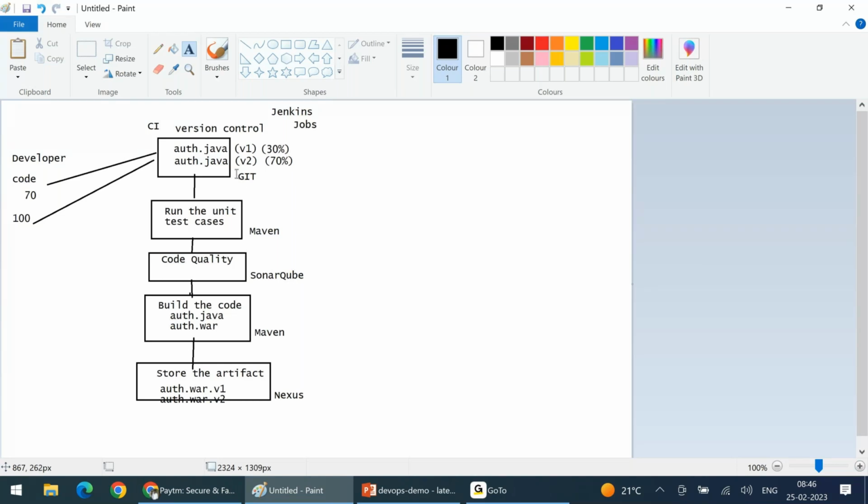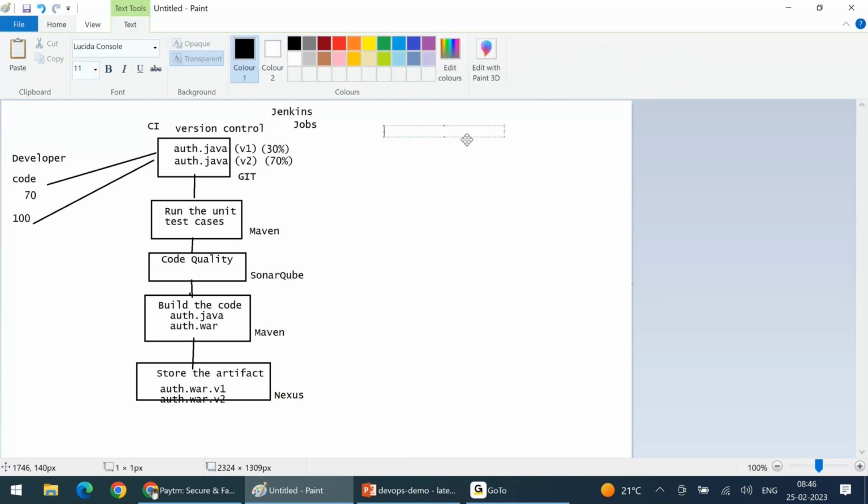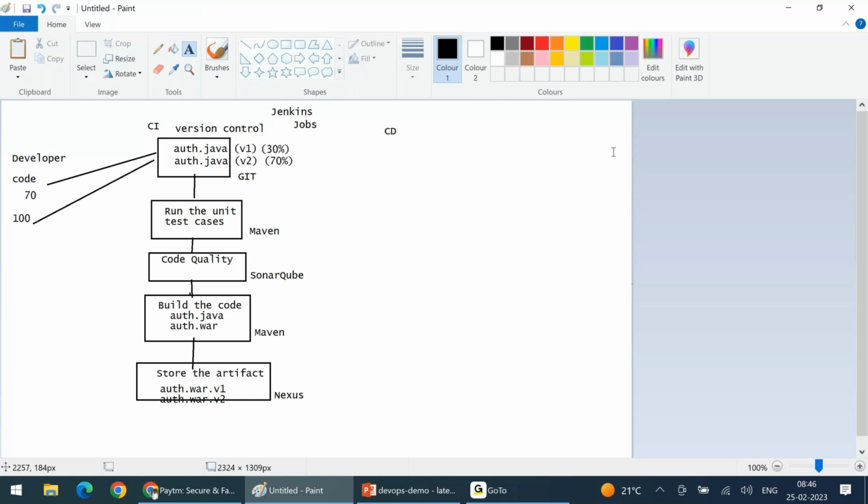So now once the code is ready, then we'll go for the CD part, continuous deployment part, right? Why the deployment part? The code needs to be validated. Now who will validate the code? Different teams are going to validate the code,